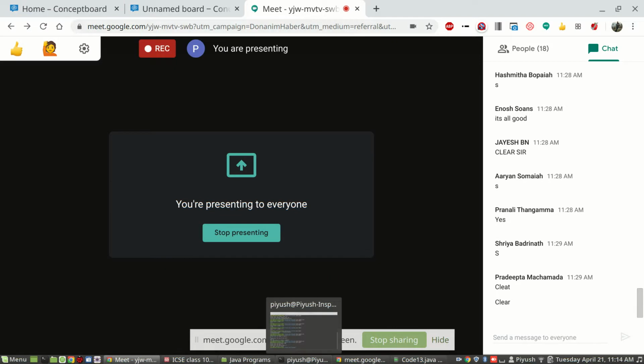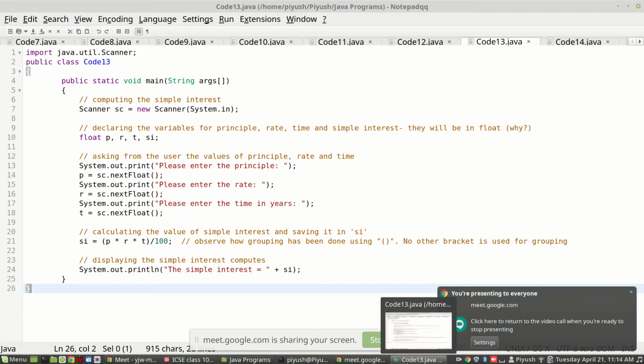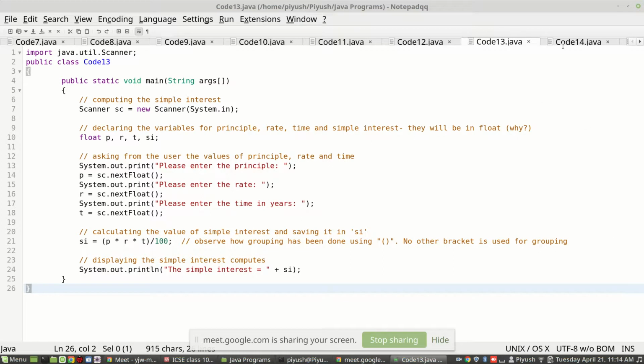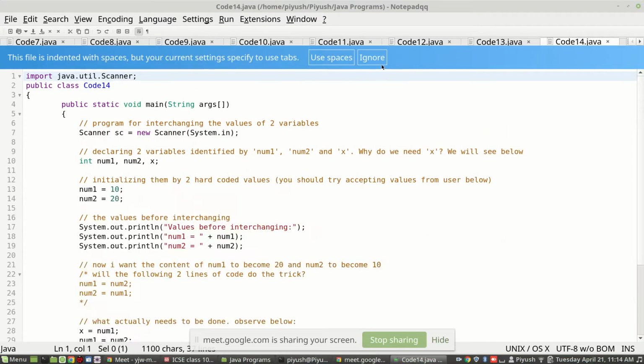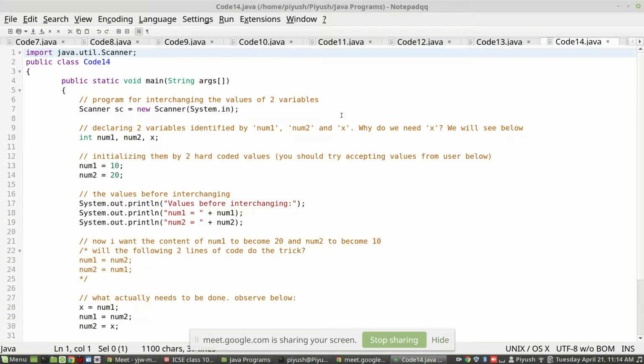small concept further. It's a very interesting program. Hopefully you have done it. If not done, we'll see again. Next program is the program for interchanging the values of two variables. Okay, let's say there are two variables, named num1 and num2,